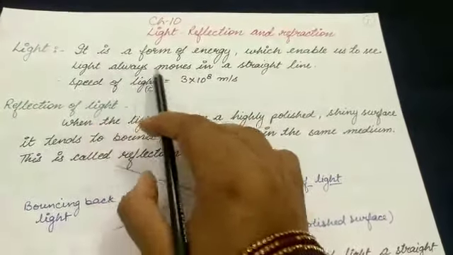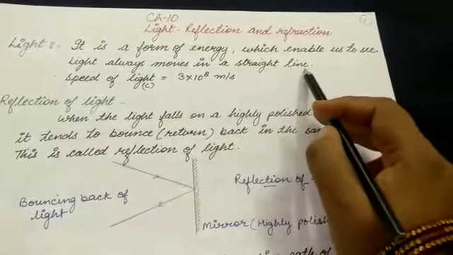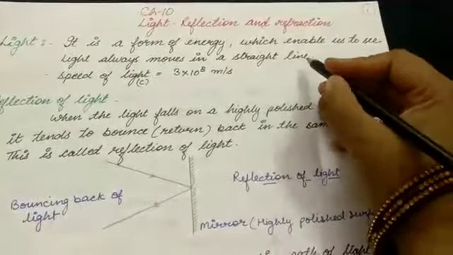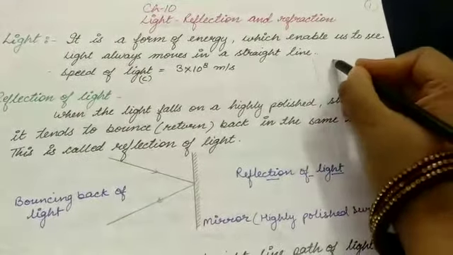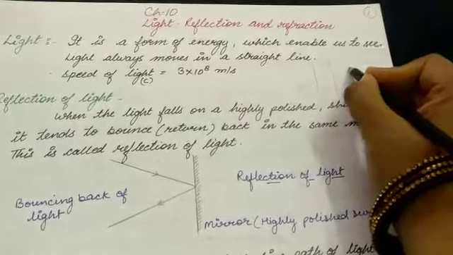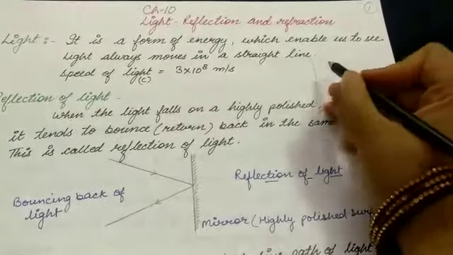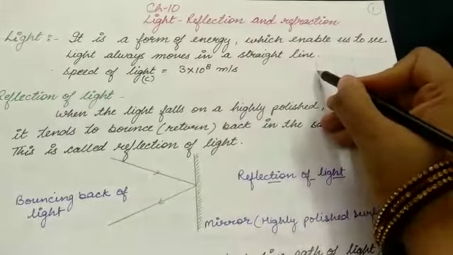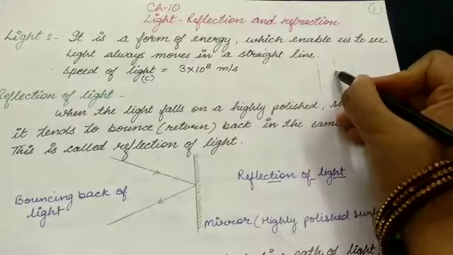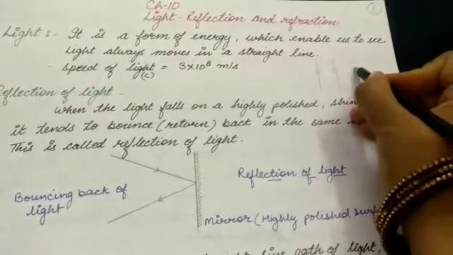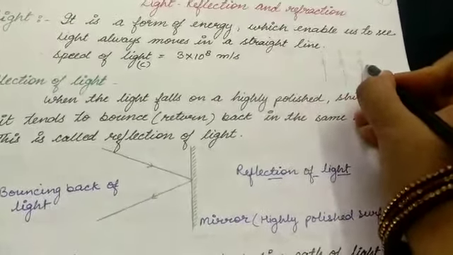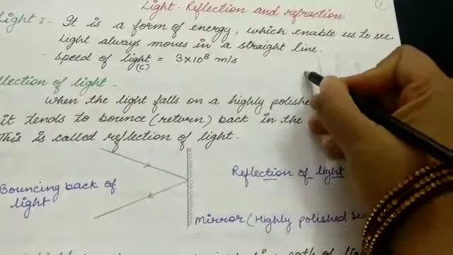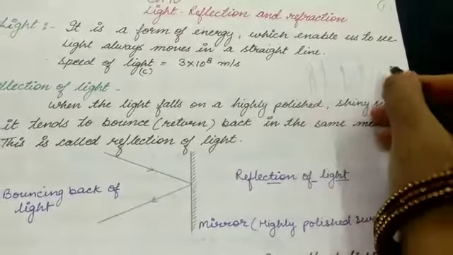Now, light always moves in a straight line. To understand this, a very simple experiment is used to conduct. We take 3 cardboards. This is a very basic experiment which students conduct to show that light moves in a straight line. In these 3 cardboards, we make one hole in each cardboard at the same height. Now, we keep a burning candle in front of the holes, and when we look from the other end,